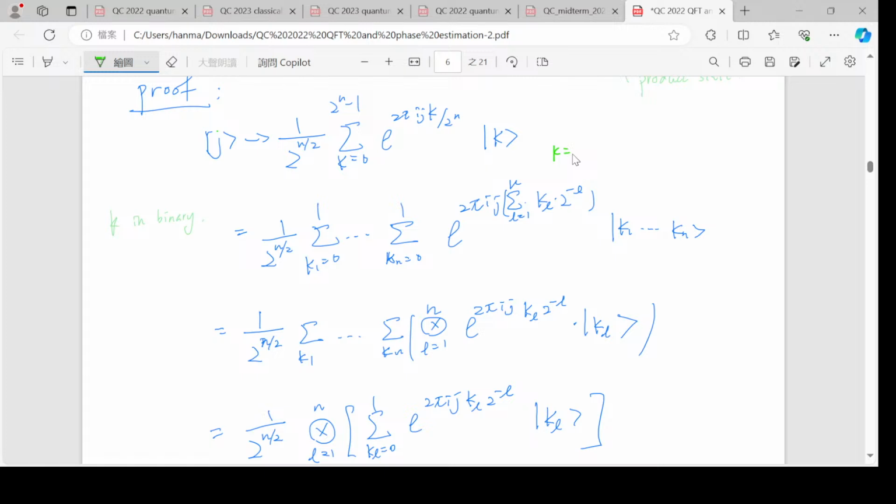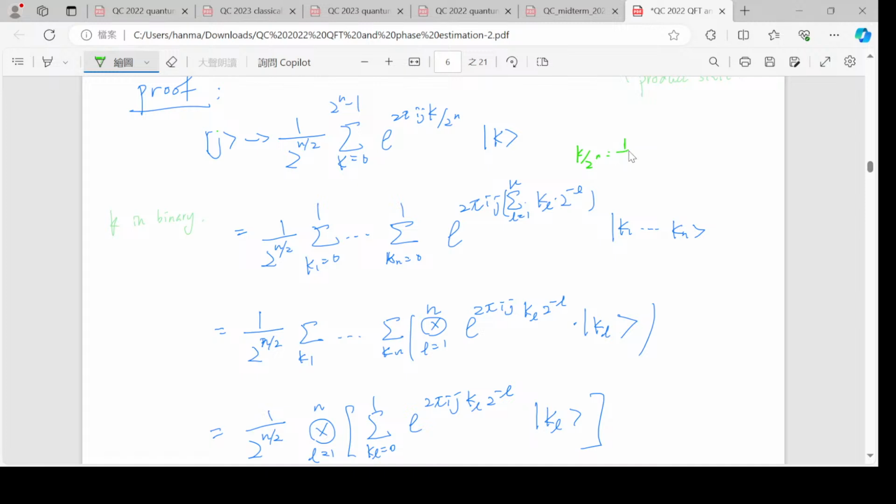And we want to deal with k divided by 2 to n. So k divided by 2 to the n equal to,